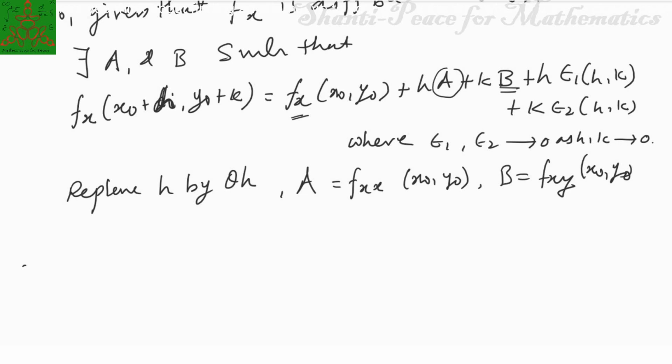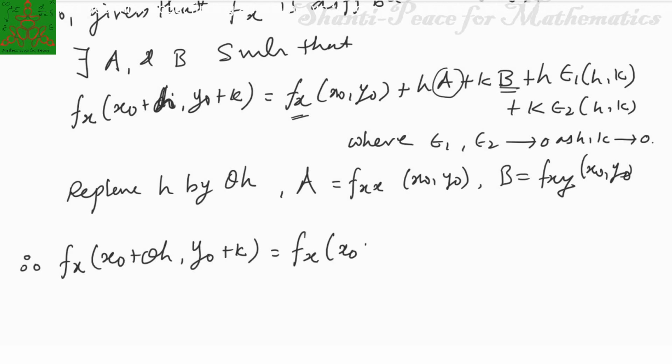So therefore we can get f_x at (x0 plus theta h, y0 plus k) equal to f_x at (x0, y0) plus h